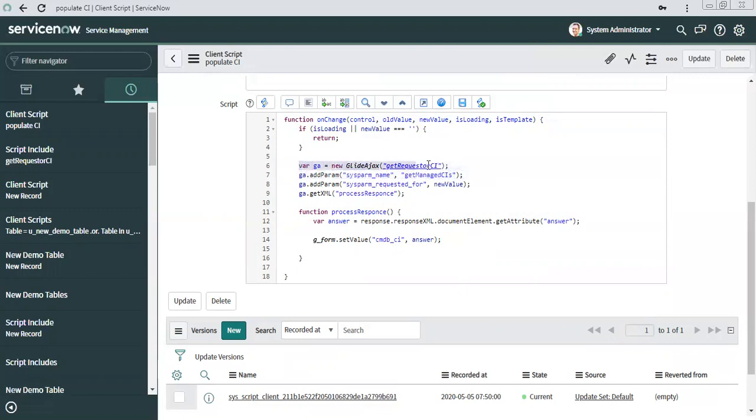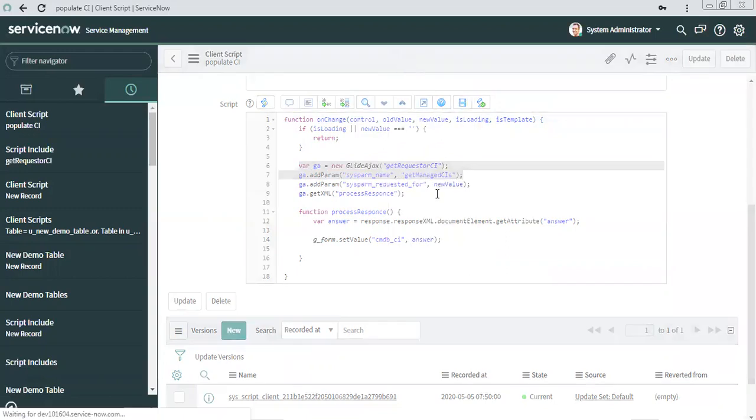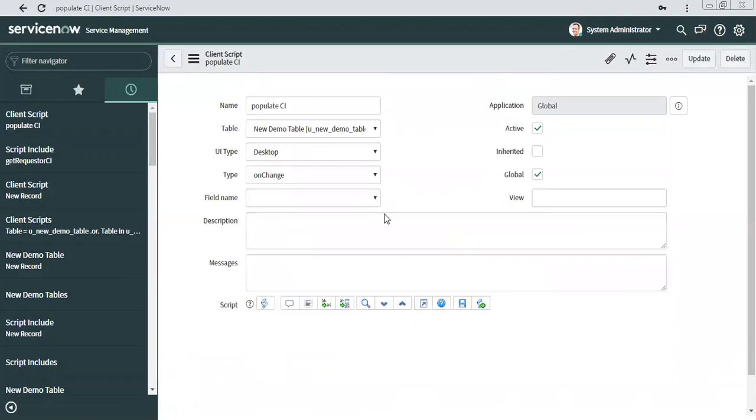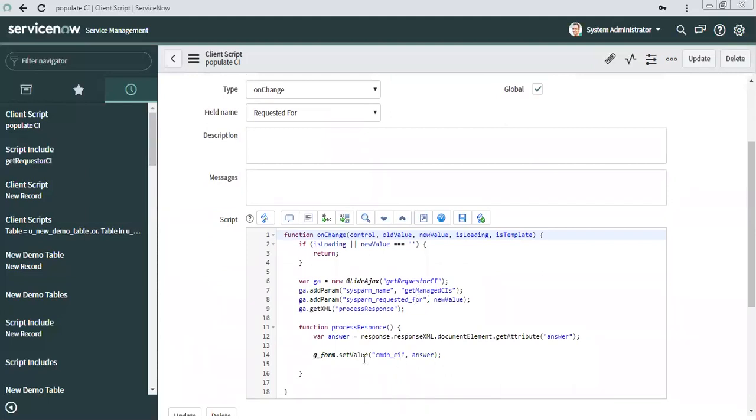So you can have multiple functions inside a script include, as I explained, right? So which particular function do you want here? You may end up writing four functions, like this client script is setting this, and there could be another client script which is setting something else on a different condition. Now you need not create a new script include every time you need to make a GlideAjax. If you are using the same module and it's kind of the same requirement, then you create one script include and create the functions inside that.